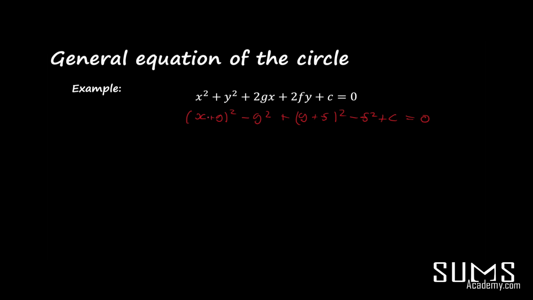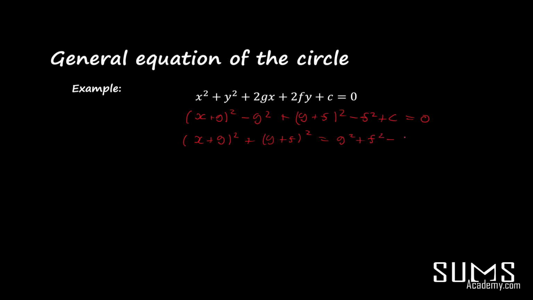So we had 2g in there, we put in g, we take away g squared. And then again, it becomes this,